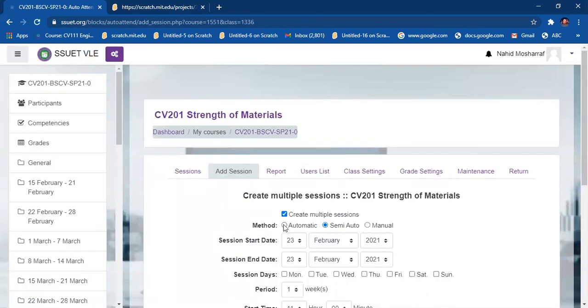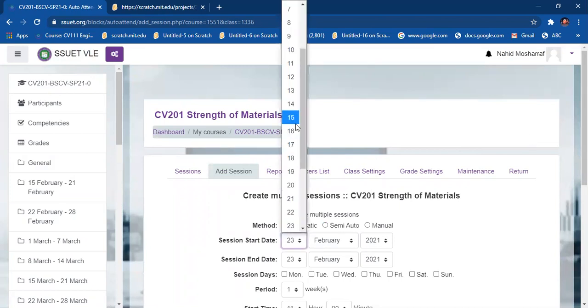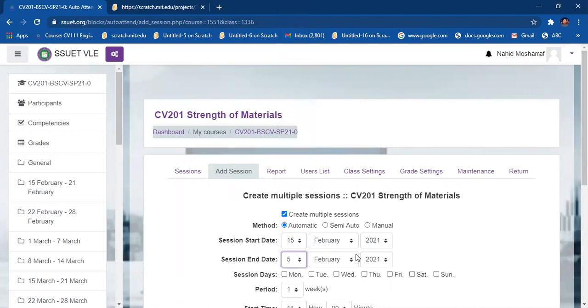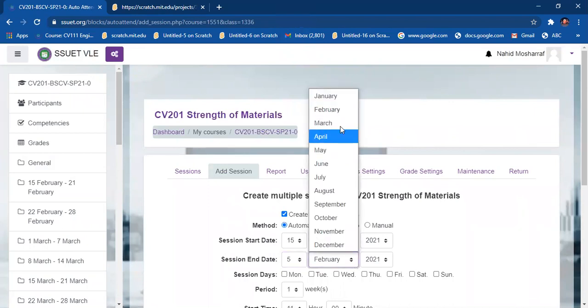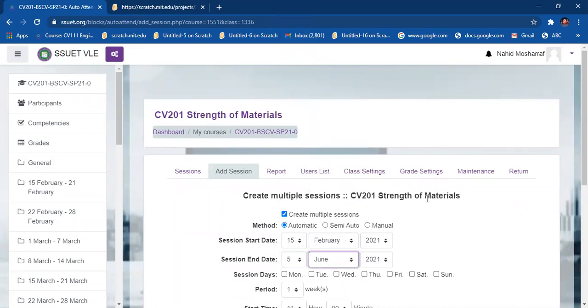So this is automatic and the session started from 15th of February and it will be up to 5th of June. So I have to click on June and the classes will be on Wednesday and Fridays.